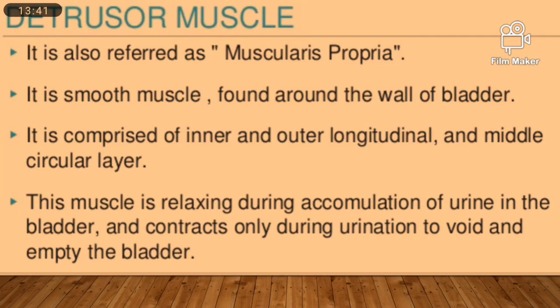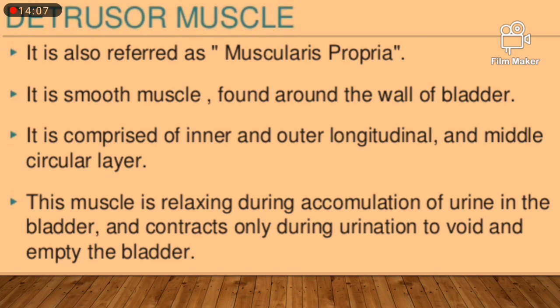Now come to the detrusor muscle. It is also referred to as muscularis propria. It is smooth muscle found around the walls of the bladder. It is comprised of inner and outer longitudinal and middle circular layers. This muscle relaxes during accumulation of urine in the bladder and contracts only during urination to void and empty